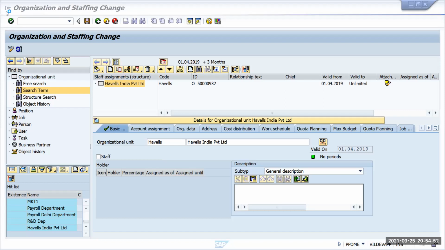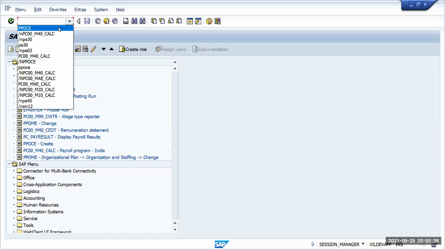I think I have to log in again. Fine. Again, I have to go to the PPOC instead of CE.